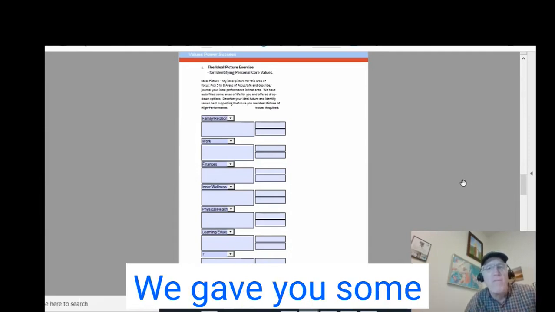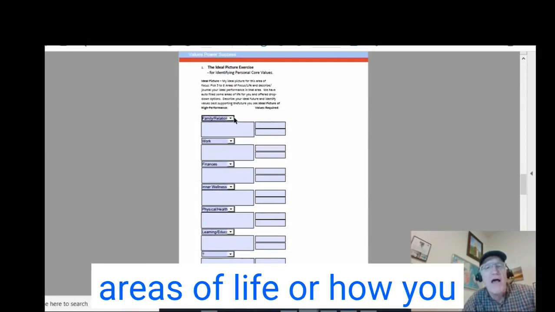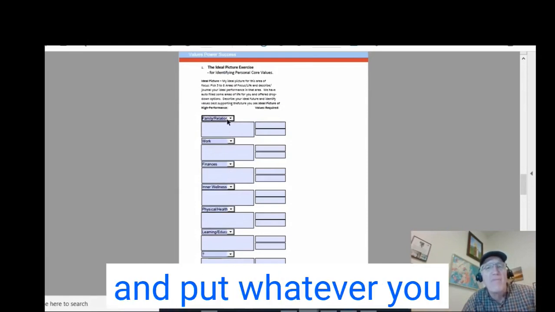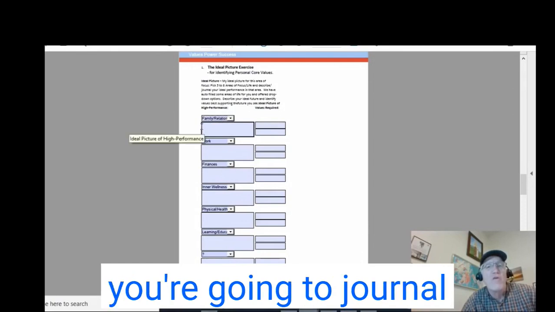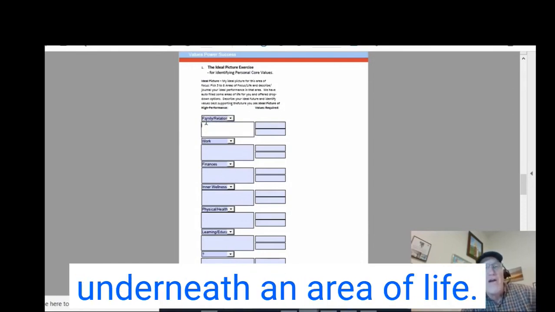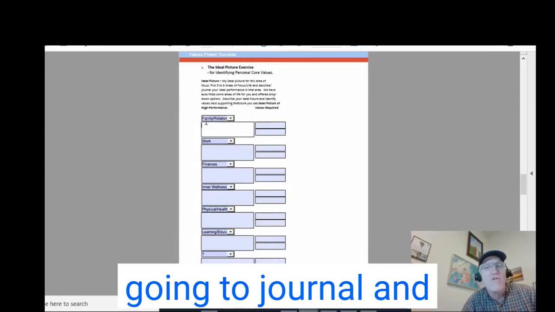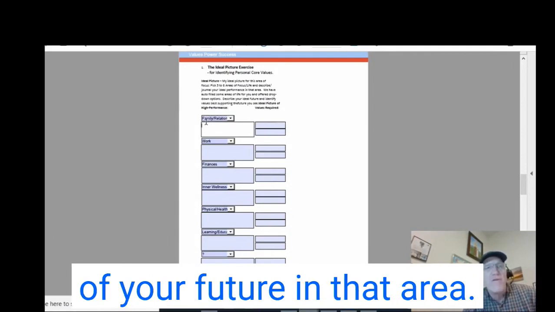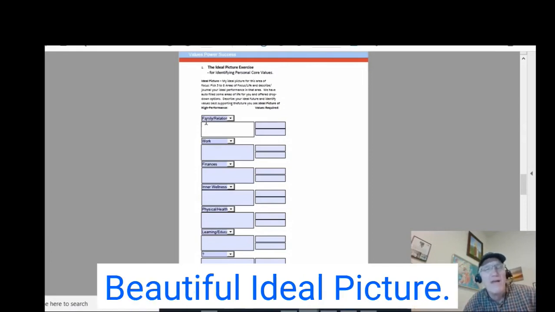We gave you some drop downs here to choose between different areas of life or how you want to name these. You can also change the name entirely and put whatever you want on these areas. But what you are going to do is journal in each of these areas underneath an area of life. For example, in family and relationships, you're going to journal and describe an ideal picture of your future in that area. I like to call it the beautiful ideal picture.